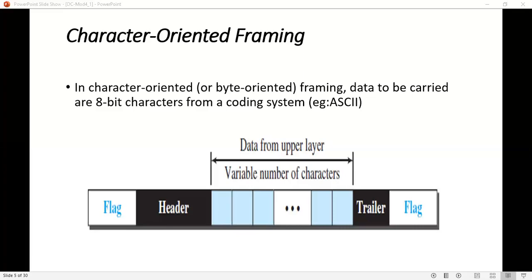That is one of the problems in this character oriented framing. To overcome this problem, a byte stuffing strategy was added to this character oriented framing. Now we will see what is this byte stuffing.